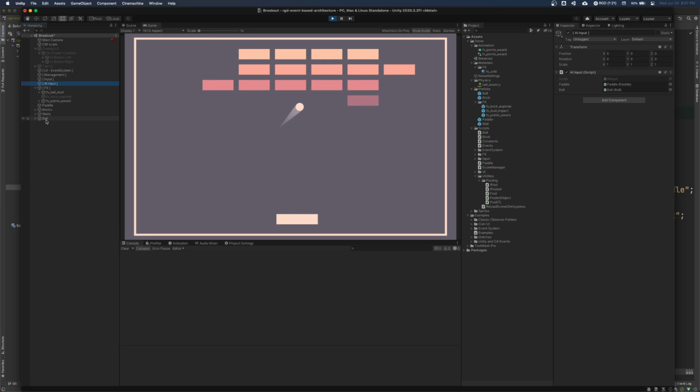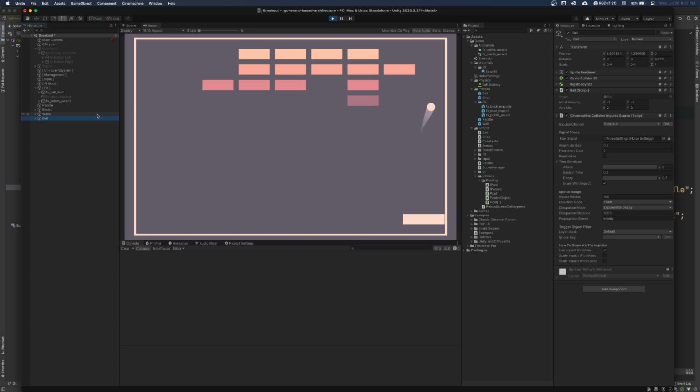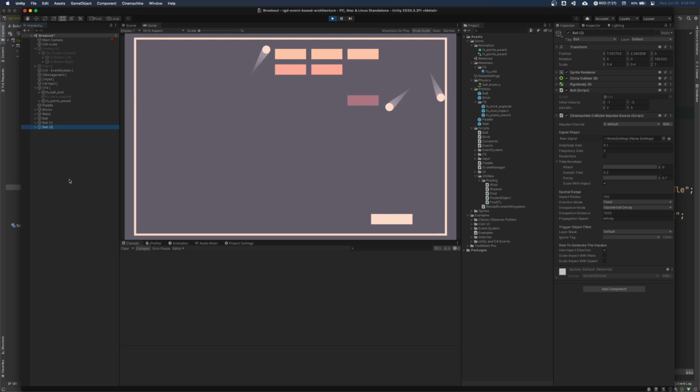And even another case for how this is so good for rapid prototyping is, say our designer's like, well, what if there were a lot more balls? What if we had a feature where you could get a triple ball, right? And so we have 3 balls going. Well, this system still works the same because the number of balls doesn't matter. The number of sources for these events doesn't really matter, because everybody's just listening for the event, and so now there are just 2 more cases where the event can be dispatched, so it still all works the same. No additional code. So you can quickly make changes to your game.